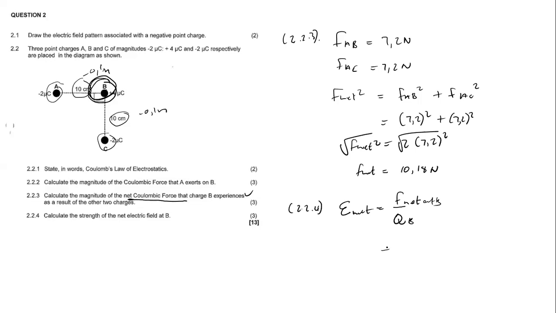This is very simple. For 3 marks, my F net in this case is how much? It's 10.18 newtons. And then my Q in that case is how much? It's for B, it's 4, right? It's 4 times 10 to the power of -6. Therefore, on my calculator, I'm going to say 10.18 over 4 times 10 to the power of -6. And then we get 2. I'm running out of time. We get 2, 5, 4,